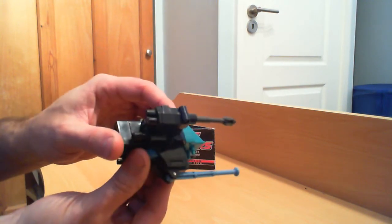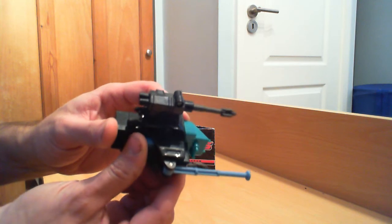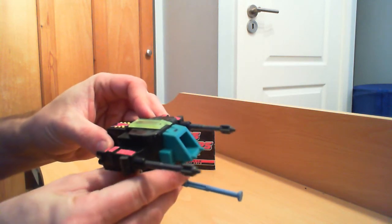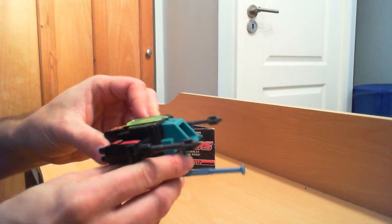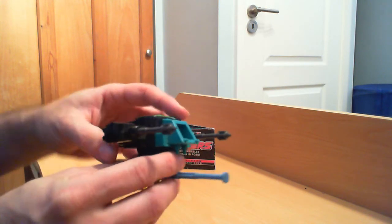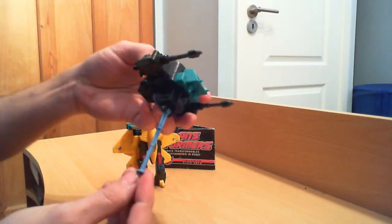and as you turn that, if you can see, you get gun movement and also a clicking sound, so it sounds like a sort of pom-pom machine gun movement, a little bit like the guns on the Millennium Falcon, if you remember from the Star Wars films where they sort of go backwards and forwards. But again, nice touch. Now he can hold this, so what you do is you pull the blue part down